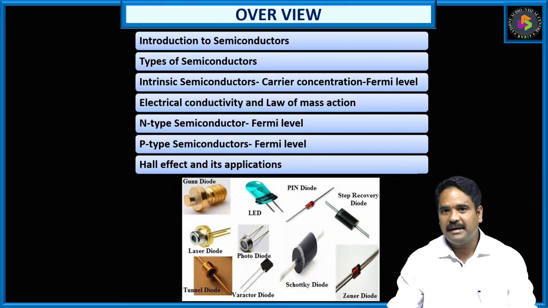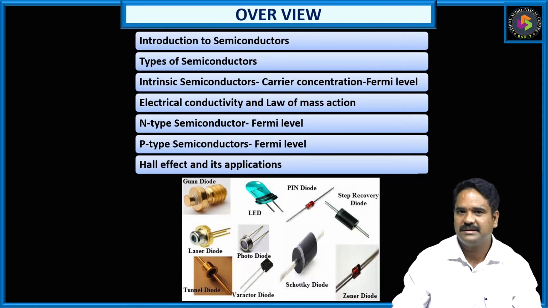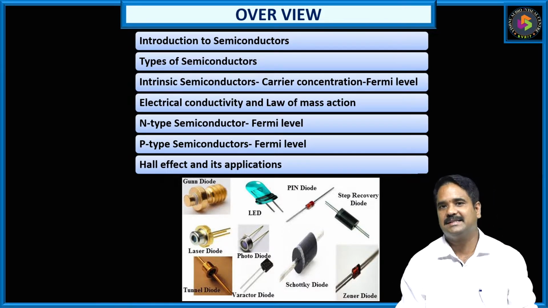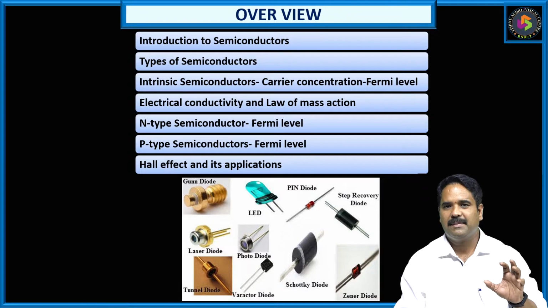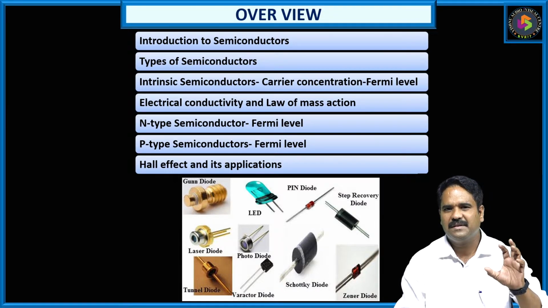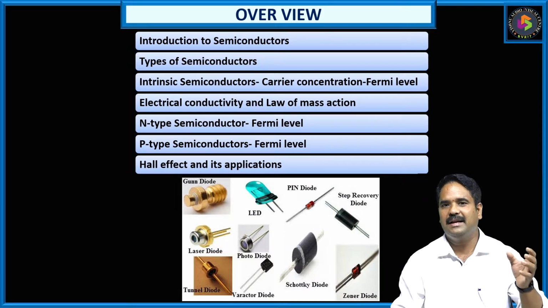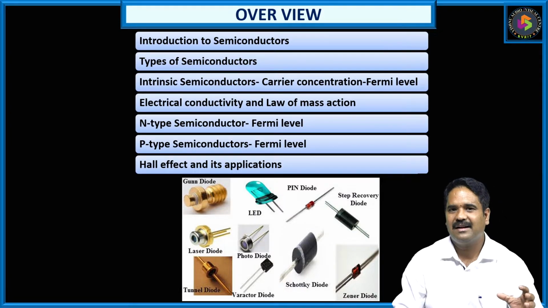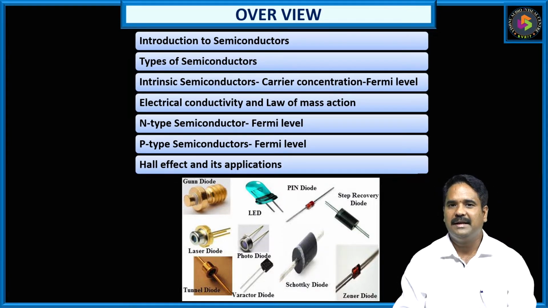So semiconducting material. First of all, what is a semiconductor? A semiconductor is a material whose electrical properties lie between conductors and insulators. Semiconductors are playing a vital role in the field of electronics and communication. Most semiconductor devices like LED, photodiode, solar cell, rectifier, amplifier, right? These all use semiconducting materials.